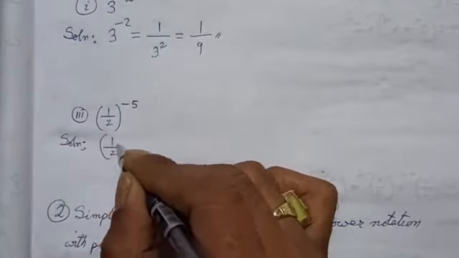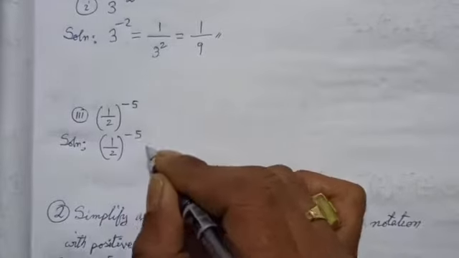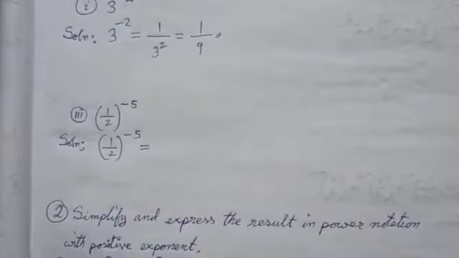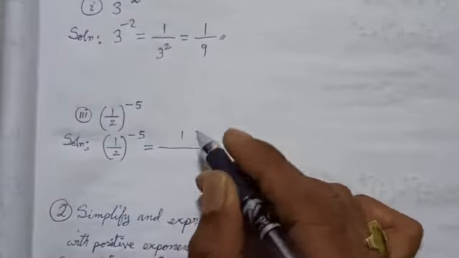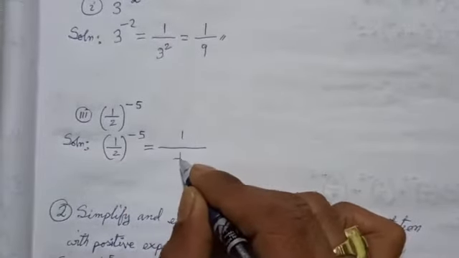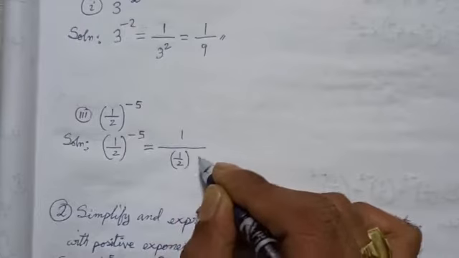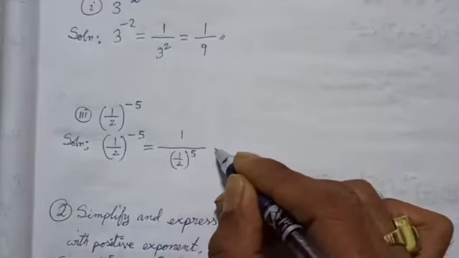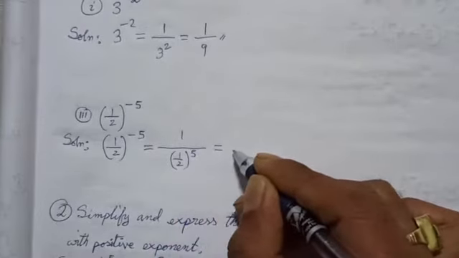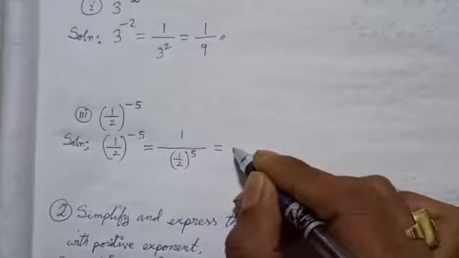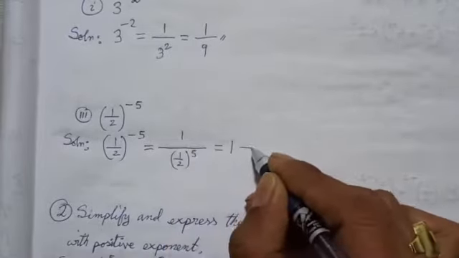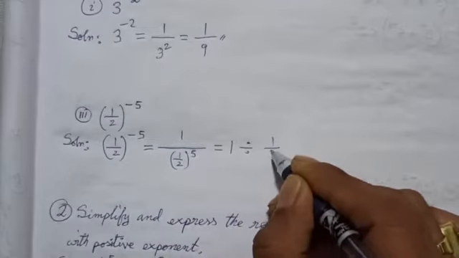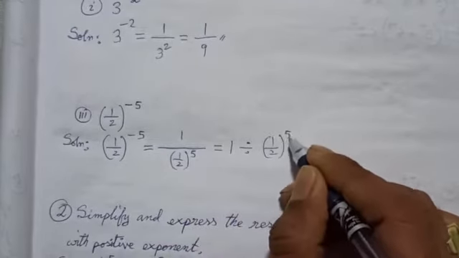1 by 2 whole to the power minus 5 is equal to... If there is a minus sign in the power, we can write it as 1 by 2 whole to the power 5. Now, next step. This number 1 you write here, and this line means divide. 1 by 2 whole to the power 5